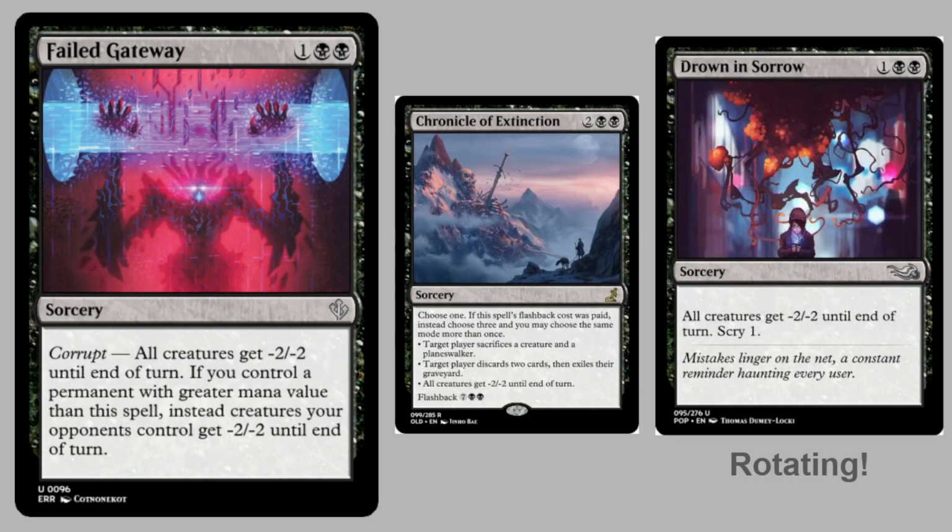Granted, we will also still have Chronicle of Extinction until next January, and I feel like folks know my general feelings on that card by now. So let's talk more about Failed Gateway instead. It's a conditional sweeper with Corrupt, only affecting your creatures if you fail to have a permanent with mana value